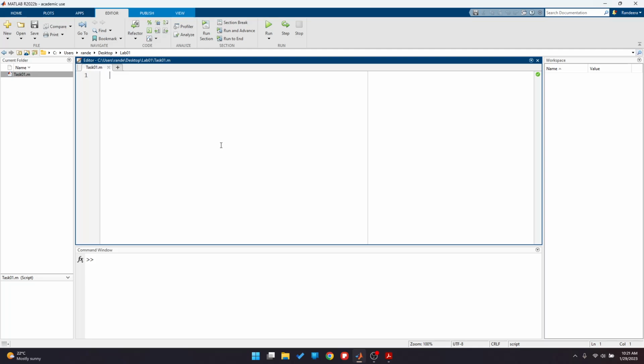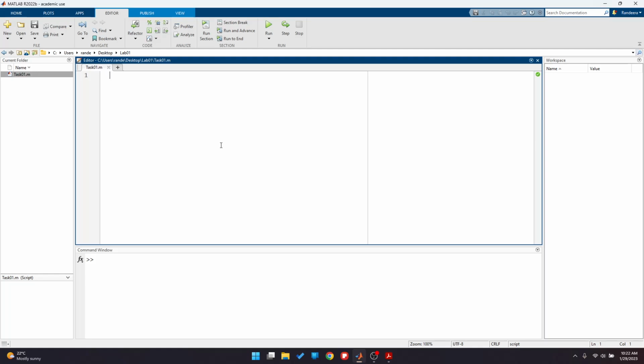So this is the basics that you need to get started on MATLAB, as well as to create a new editor file called task01.m. Everything further is just programming in this editor window, or writing MATLAB commands in the editor window to do a desired